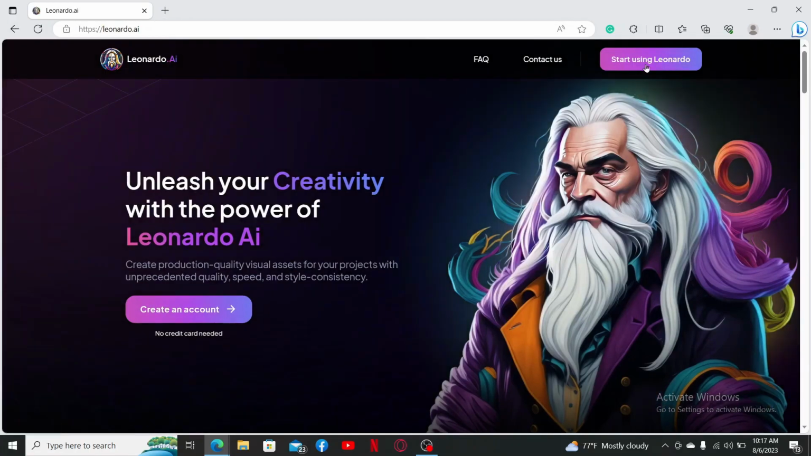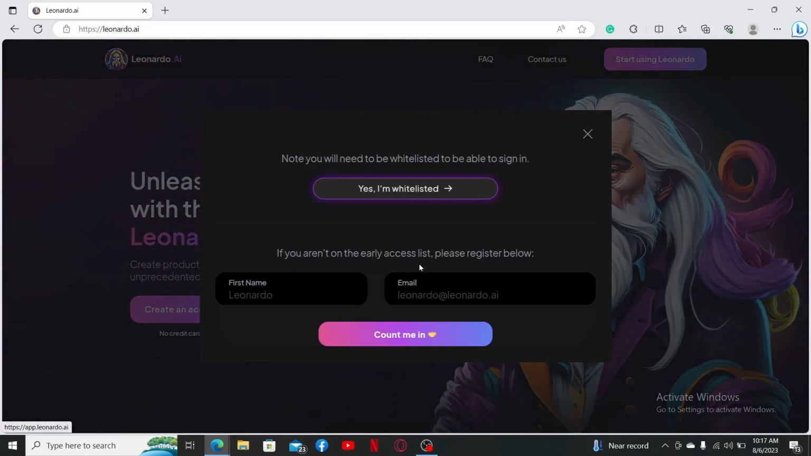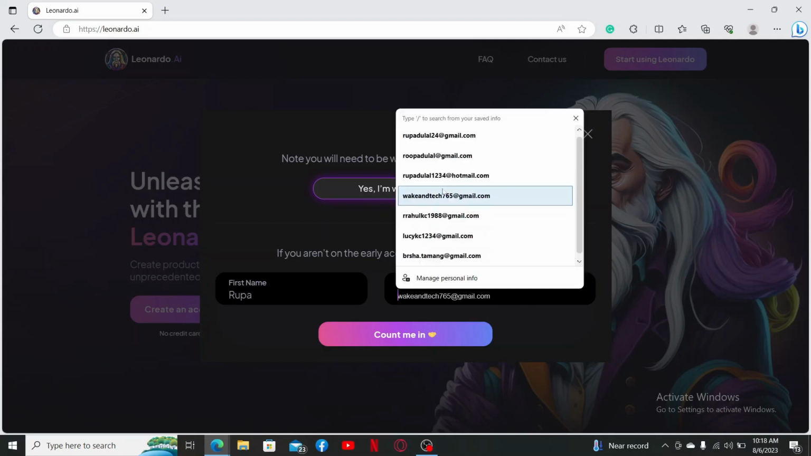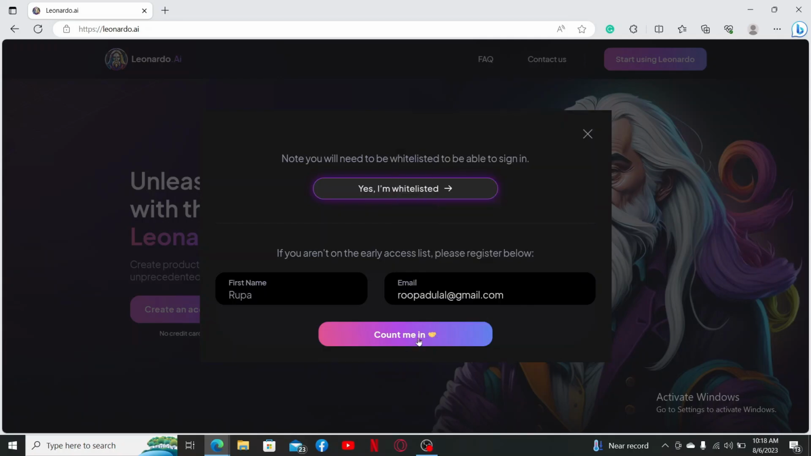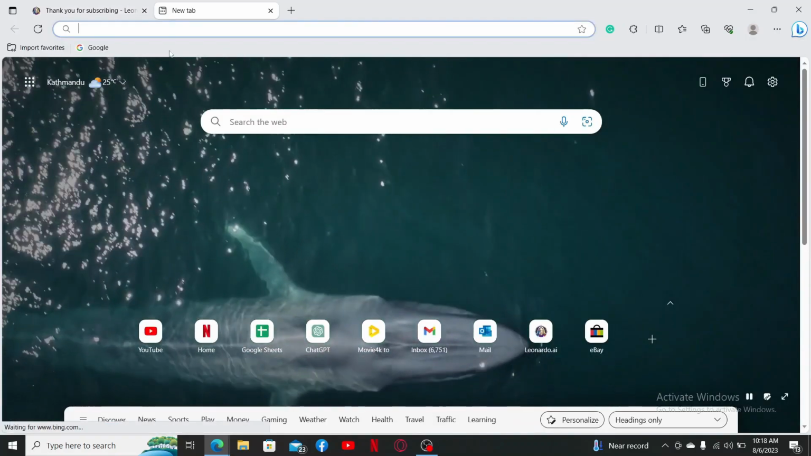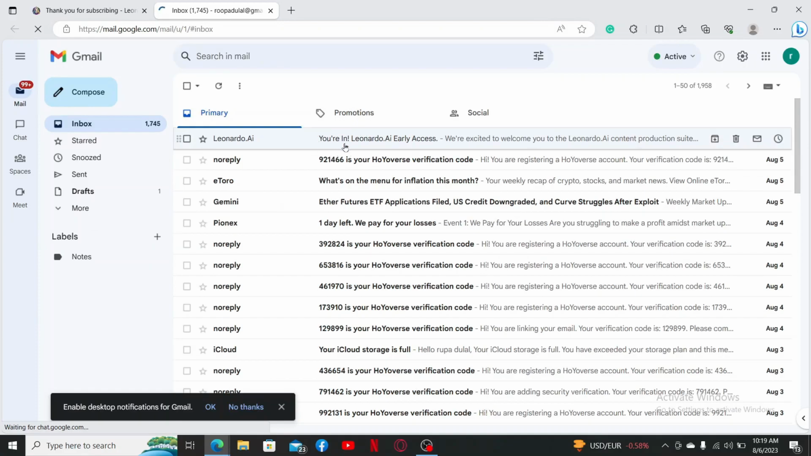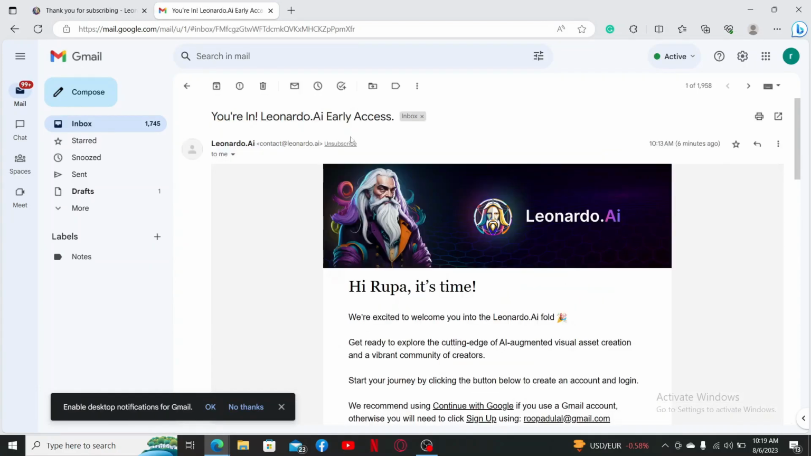And from here, you can actually click Start Using Leonardo. From here, you can click on Count Me In below after you put up your first name and your email address. So you just have to make sure that you use your name and your preferred email address. Then you can click Count Me In. From here, you're going to be able to receive a verification email for early access. So all you need to do is open your email address, open the Leonardo AI welcome email, and just click